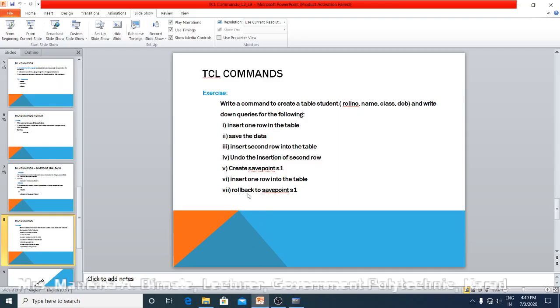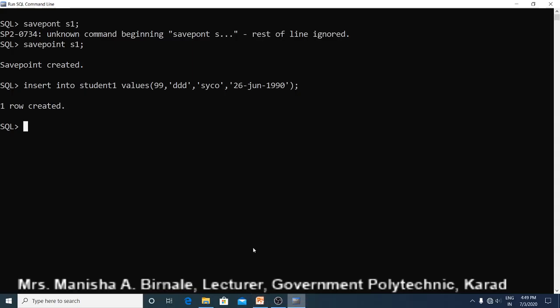And finally, we have to roll back to save point S1. Means after save point S1, whatever changes are done to this database, we want to undo these changes. So for that, you have to use rollback to S1.